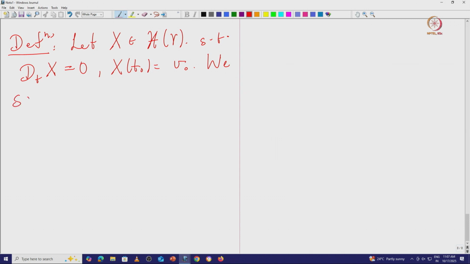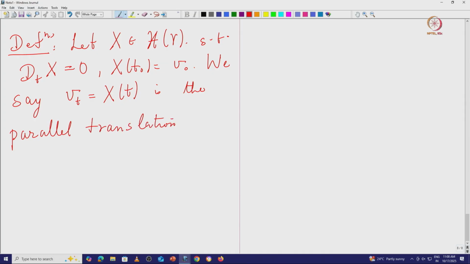Then we say that V_t, which is X of t, is the parallel translation or parallel transport, so I'll use both words, parallel translation or transport, of the vector v naught